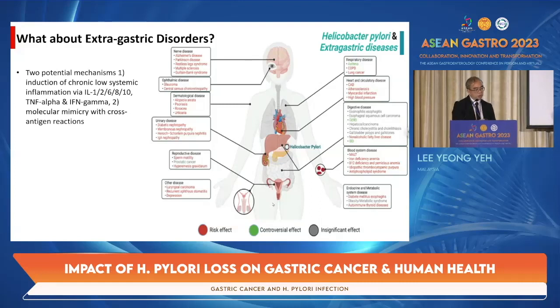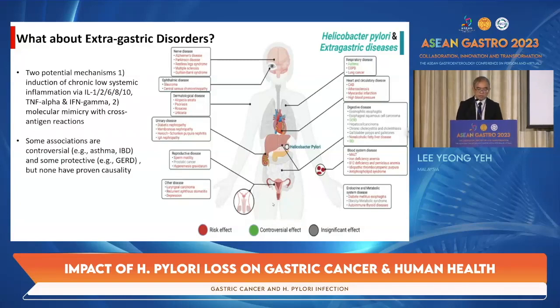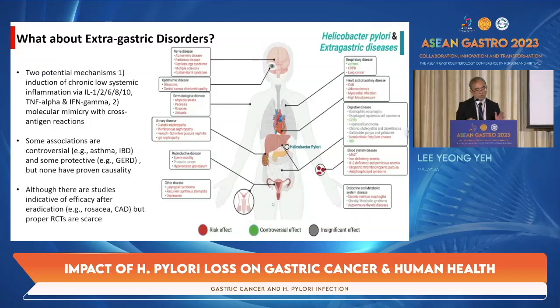The mechanism could be two. One is that the Helicobacter pylori would have induced a chronic low systemic inflammation, or it could be due to a molecular mimicry with cross-antigen reactions. As I mentioned, some associations are controversial, like asthma and inflammatory bowel disease, but some are also protective. None have proven any causality. So there are studies indicative that there should be some efficacy after eradication for certain skin conditions, as well as even coronary artery disease, but then again, proper RCTs, which is the more robust evidence,